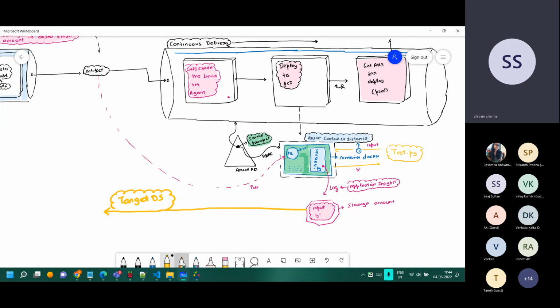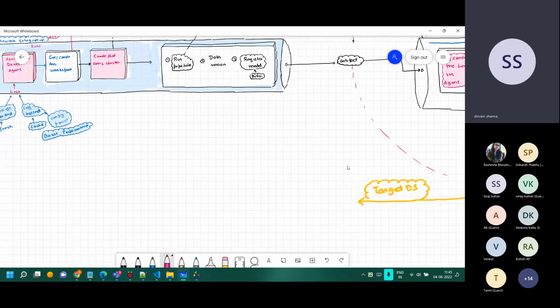So what we do is we would like to understand whether the data drift is happening or not. So the data which we have logged, this data over here, which we are calling as the input data, right? Data which was coming over the API call. This is the one which we are calling as the target data set. You can name it something else also.